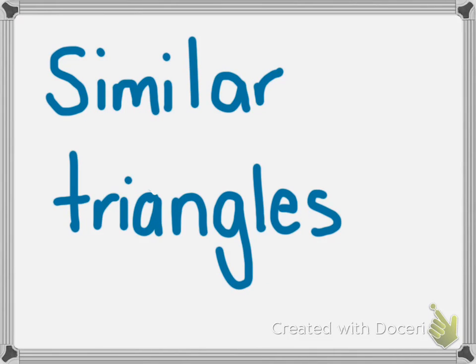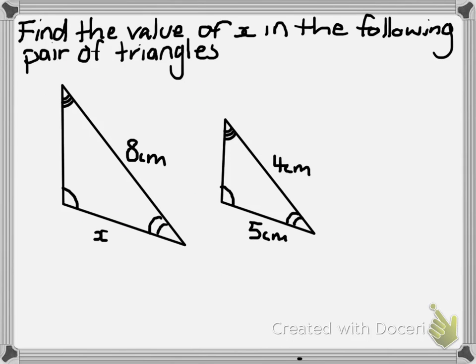Okay, so today's video is on similar triangles. The question that we're going to be doing today is: find the value of x in the following pair of triangles. Now the first thing to note is that these triangles are similar, and they're similar because they're equiangular,